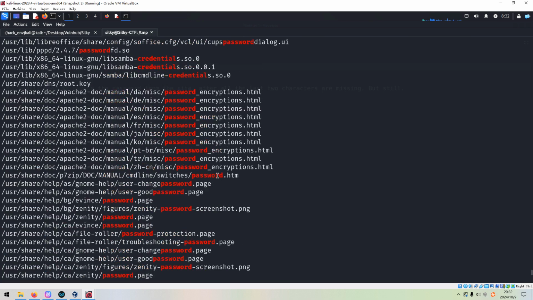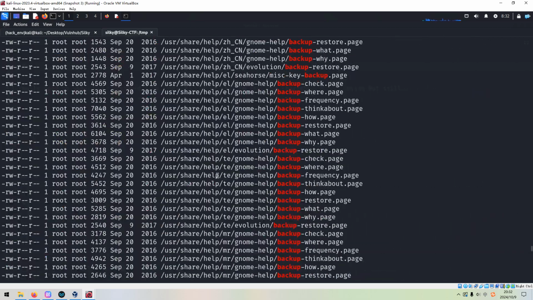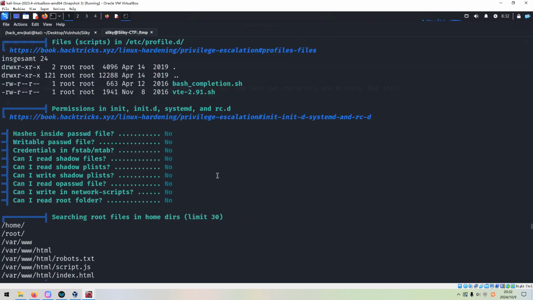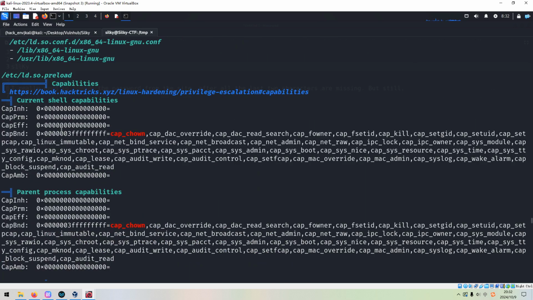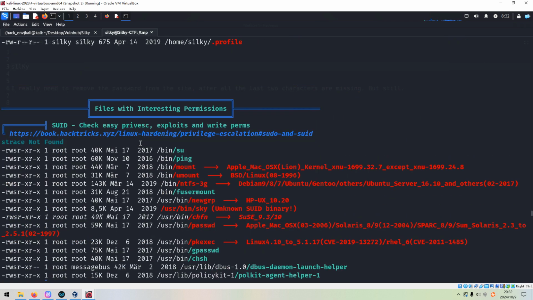It's done. Then we can scroll up. Capabilities. SUID, as you can notice here, this is an unknown SUID binary. We can run it.